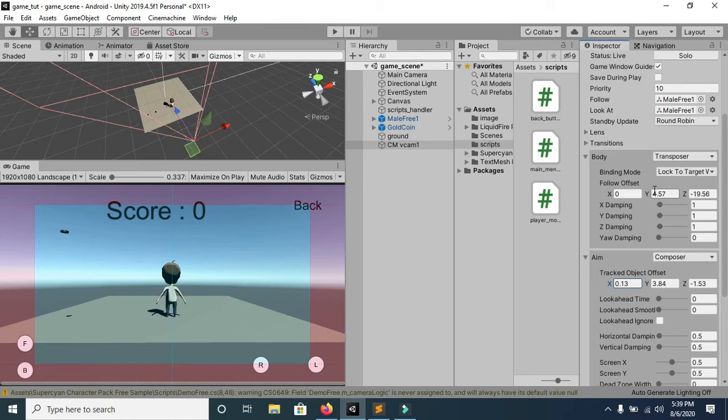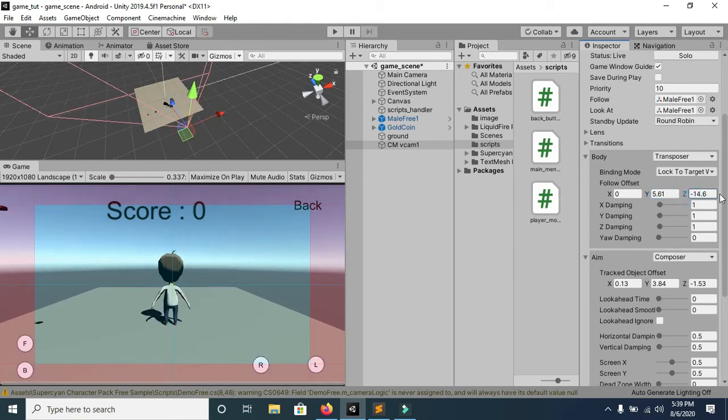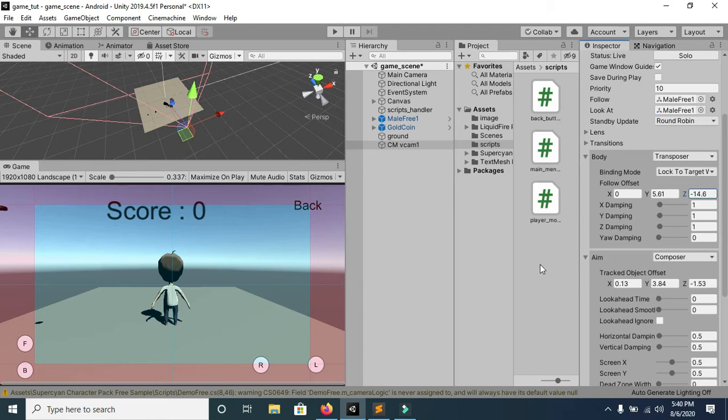Right now I'm just putting in a random setting so that we can easily learn how to change these settings. One more thing is that we have to adjust the camera in such a way that we can see what will be falling from the sky, because our coins will be falling from the sky, or from a certain height. We want to see those coins, so in order to see them we must have a proper view.